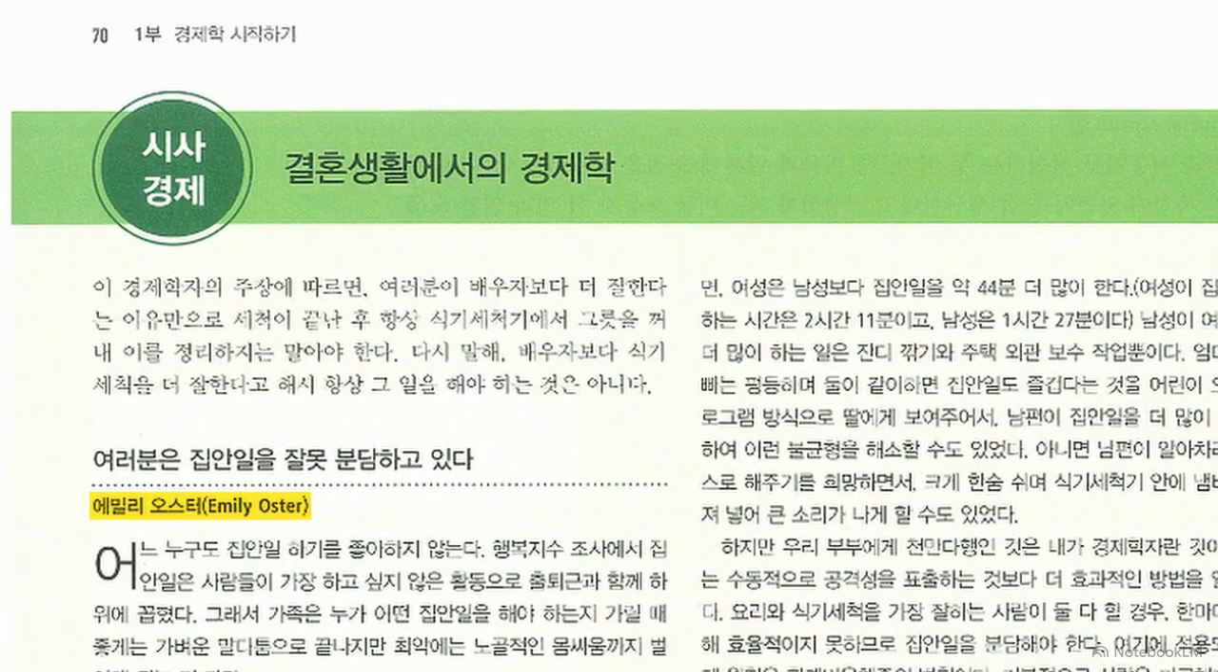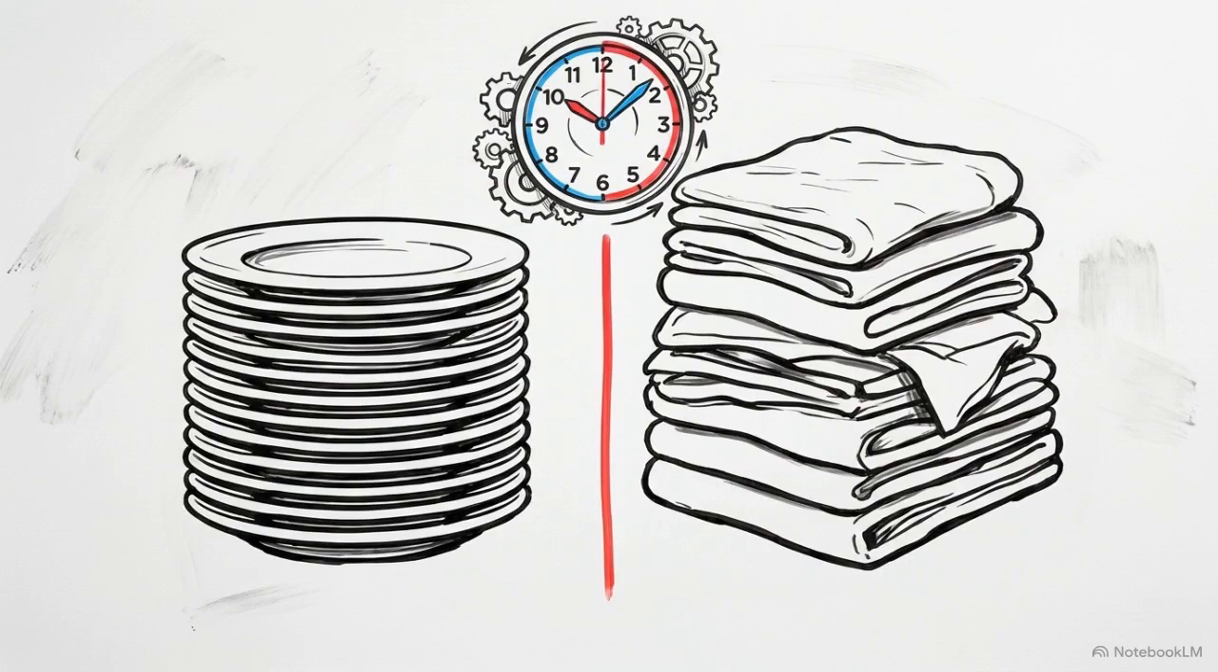This column by Emily Oster applies economics to marriage, and she points out a counterintuitive truth. Even if you are faster at every single chore, from cooking to laundry, doing everything yourself is inefficient. To maximize your household's time, you have to delegate tasks to your partner based on who sacrifices the least value